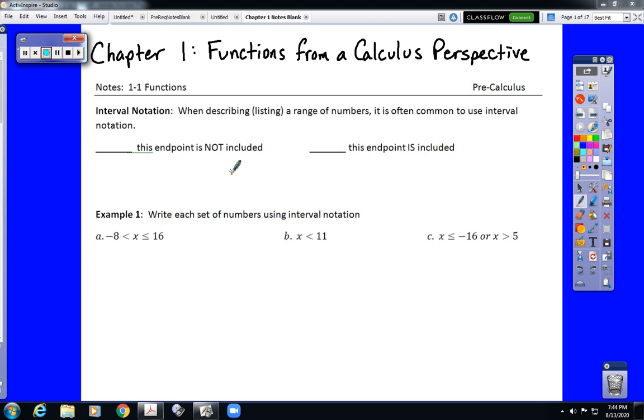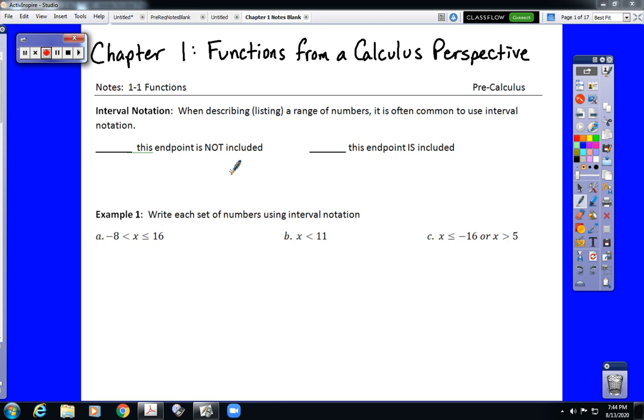This is going to cover the first half of section 1-1 in your pre-calculus textbook. So it's going to cover functions. It's a review of Algebra 2. So, first up is interval notation. Interval notation is extremely important in calculus, so as a pre-calculus student you need to be very familiar with interval